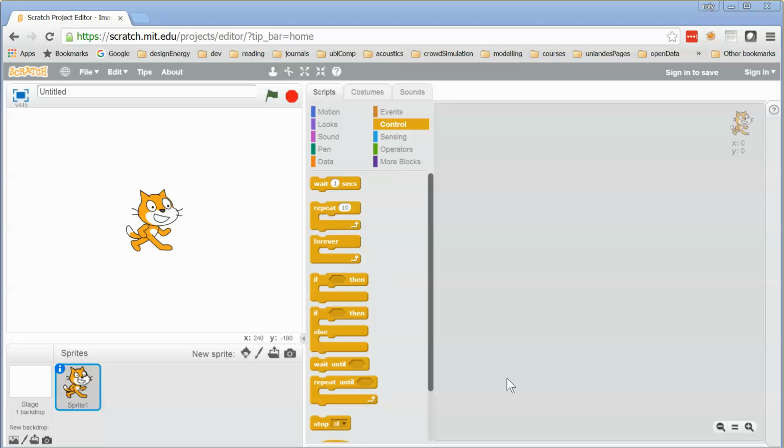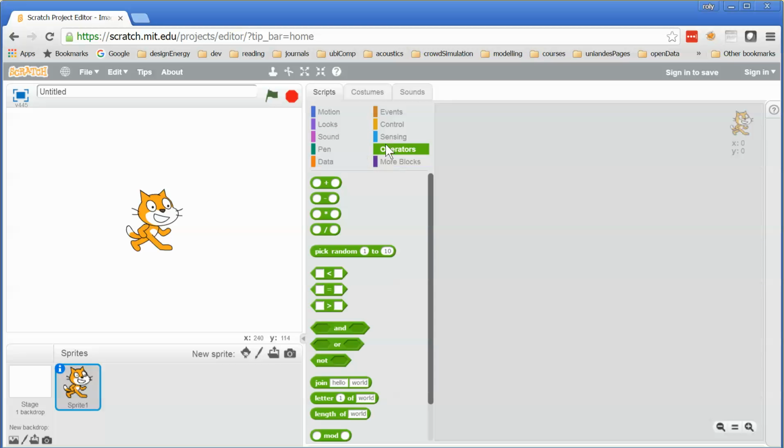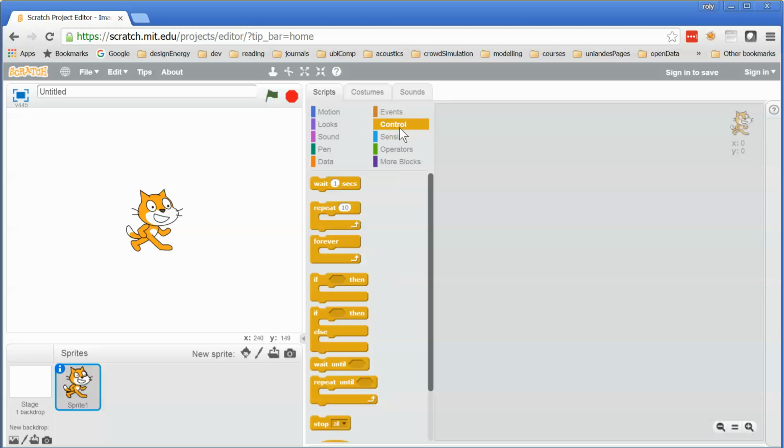Okay, hi guys, this is just to go through very quickly how to make a very simple loop with Scratch. So I'm using the online one. We've got a series of different menus in here that we can take a look at. And the one we're interested in, first of all, is control. So there's different types of iterative structures in here, but I'm going to go for the one which is repeat